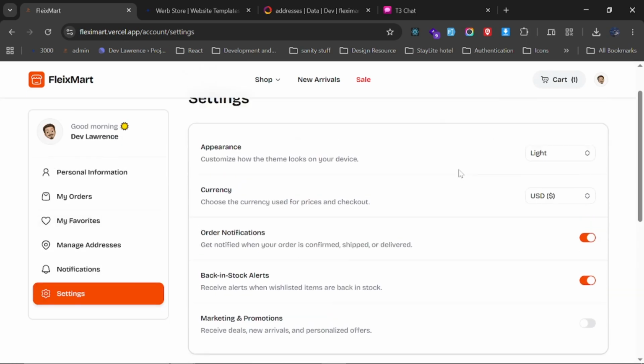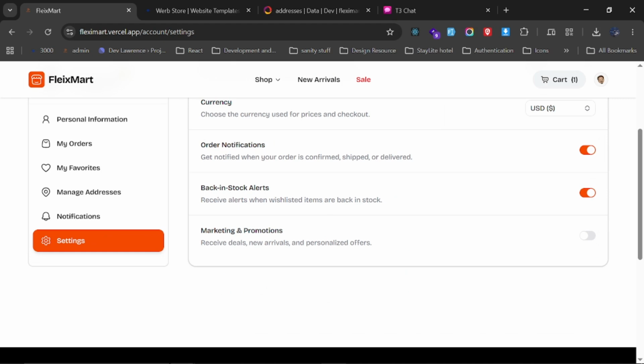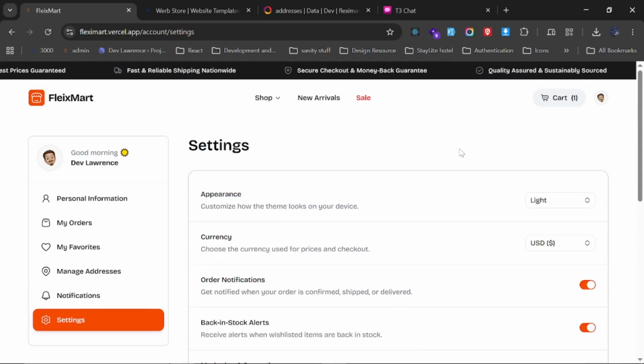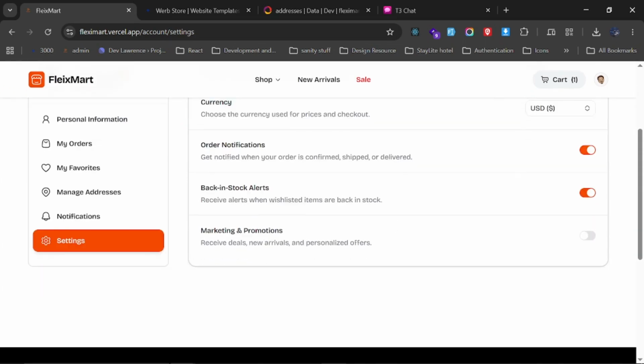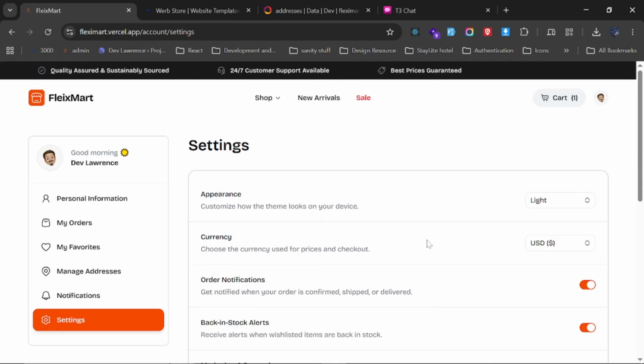Then you can also enable notifications when an order is confirmed, shipped, or delivered. Then you can also receive alerts if a product that was on your wish list is back on the website. Then again, you can enable notifications for new arrivals and stuff like that. So I'm going to use USD for the demo of this video, but trust me, the Naira version is working perfectly fine as well. So what I will do is come to cart and click on view cart,